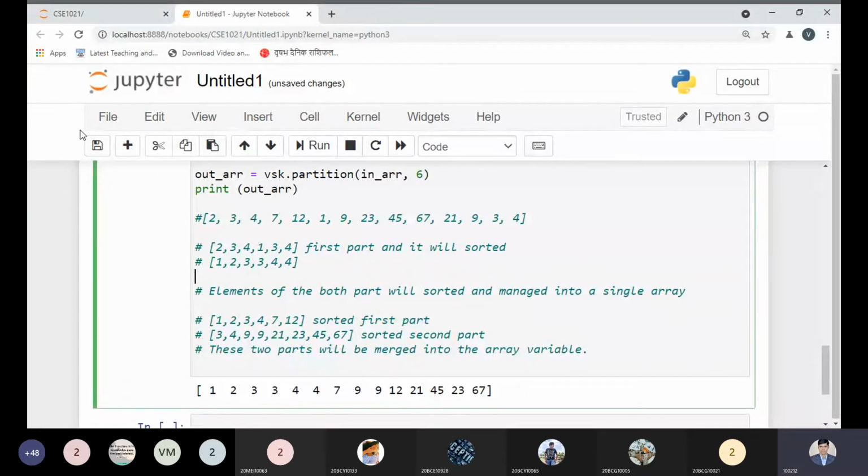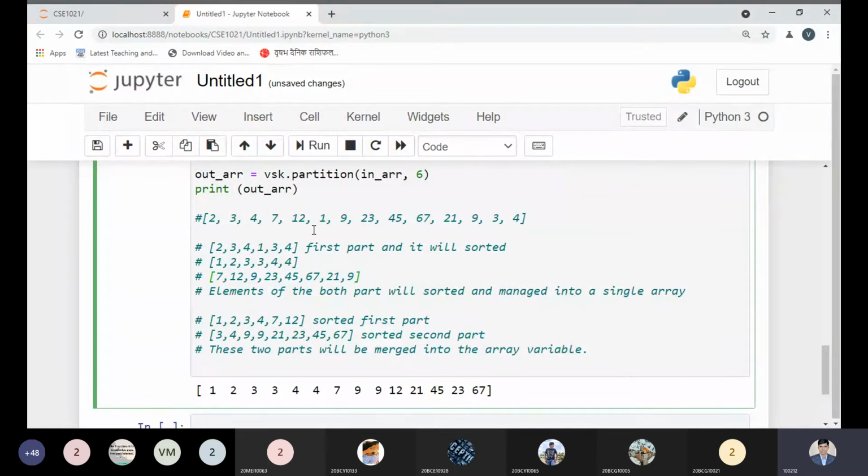And what are the other elements that are remaining? Those are remaining. Say 7, 12, 9, 23, 45, 67, 21, and 9 will be there. So this 9 will be there.